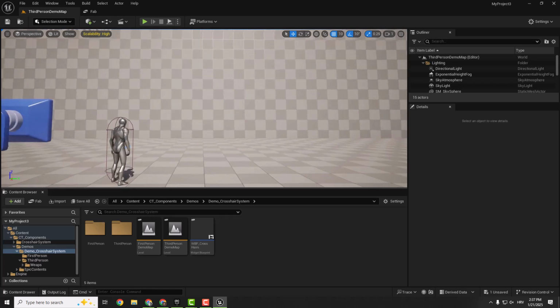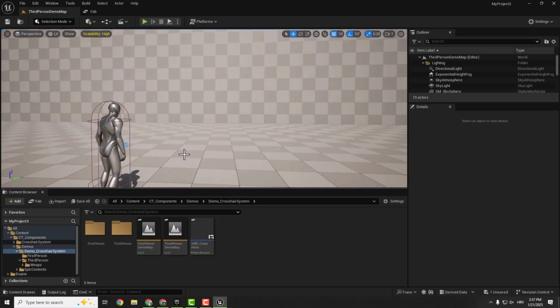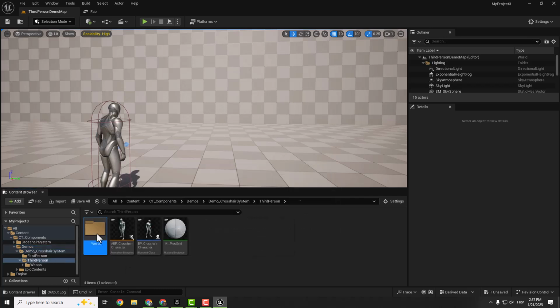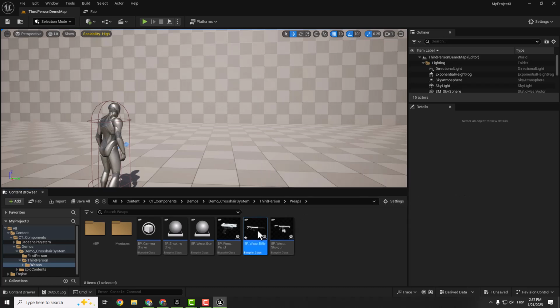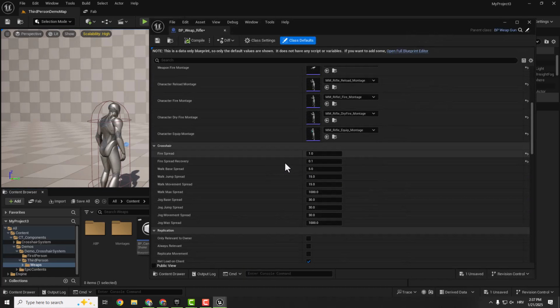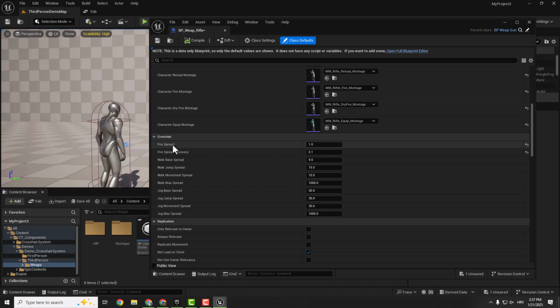Another cool thing is that we can change the spread of our crosshairs. To do that, we go to demos here, crosshair system, third person, weapons, and open, for example, rifle. Double click it, and if I scroll down, you can see this crosshair fire spread, recovery, how it behaves when you are walking, running, jumping, and so on. Let's say we set fire spread to be, for example, 200. Hit compile, and if we go play,